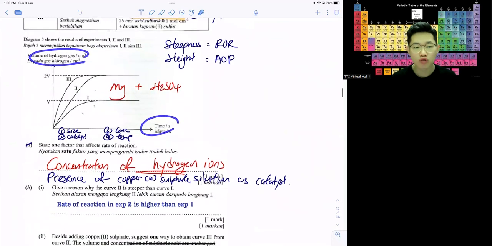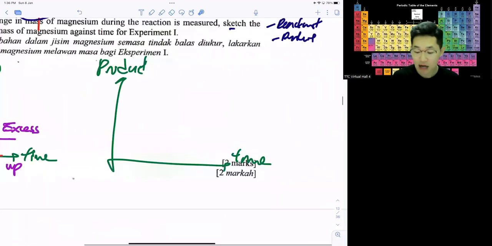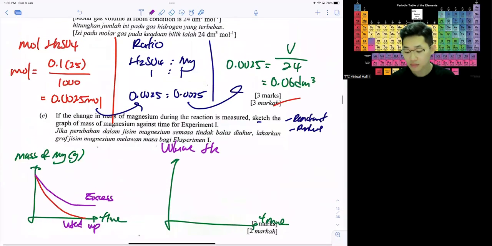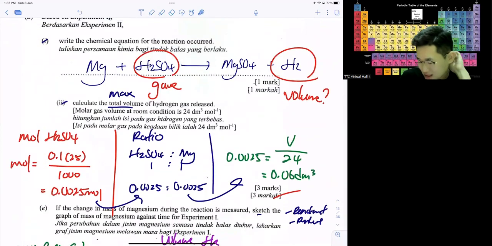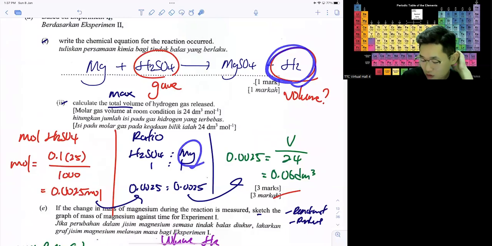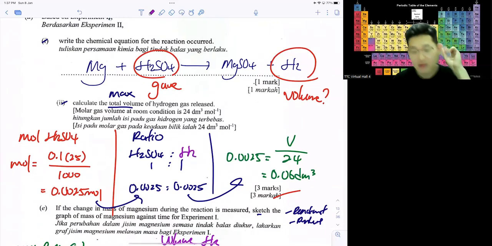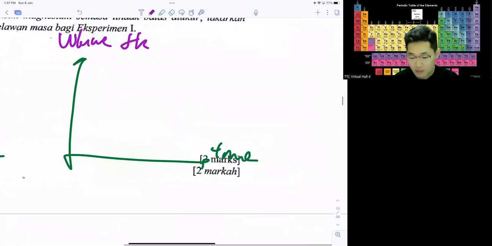So how to get the graph pattern like this? Okay, see now the product is volume of hydrogen gas. Wait, what I did on the top, it's supposed to be volume of hydrogen gas. What am I doing? Sorry, it's supposed to be the volume of hydrogen gas. So here, see